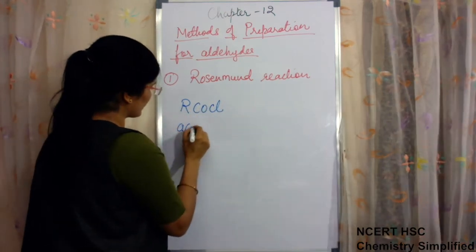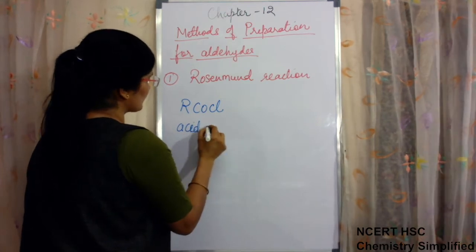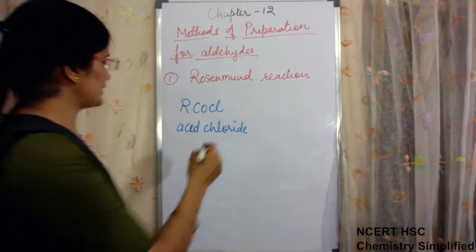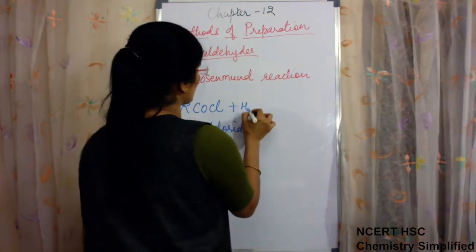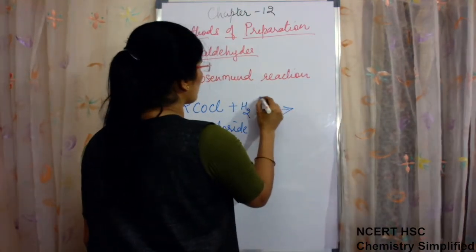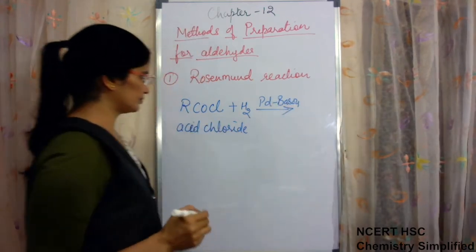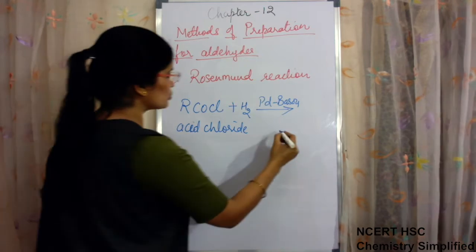RCOCl is acid chloride. When acid chlorides are reduced in presence of palladium and BaSO4, then they are reduced to form